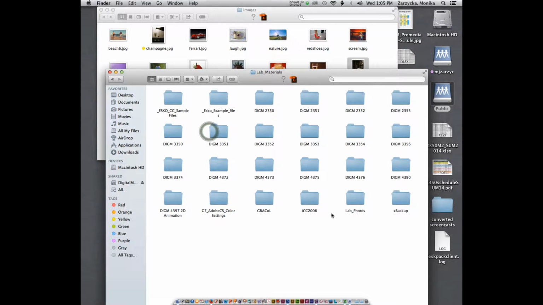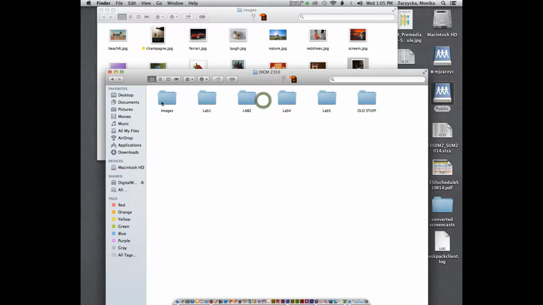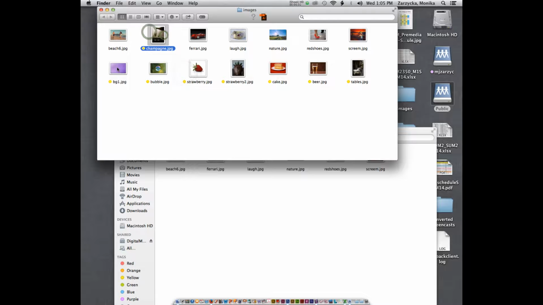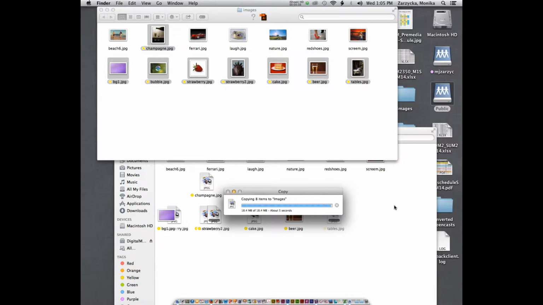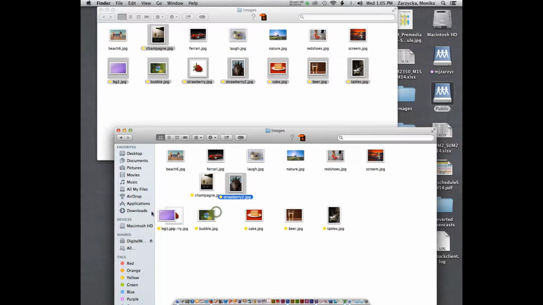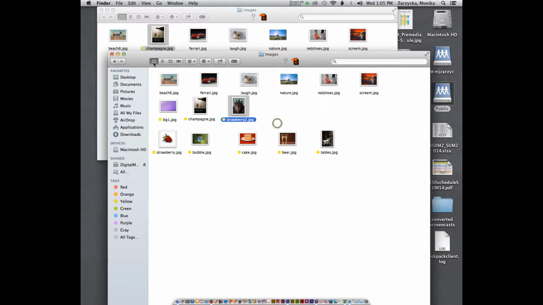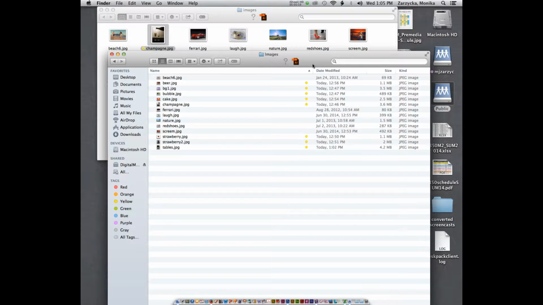So lab materials, 2350, and images, and I'm about to drop those files in it. I mark them all with yellow so you know which ones. If you have your images folder, make sure you drag those files into your images. There will be 8 files, okay? And they are marked with the yellow dot. So if you do a list or not, you can see them. Drag all the files that have the yellow dot into your images folder on your desktop or wherever